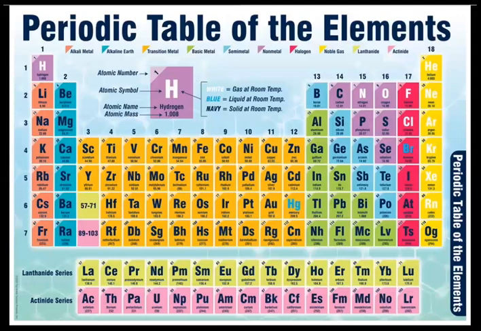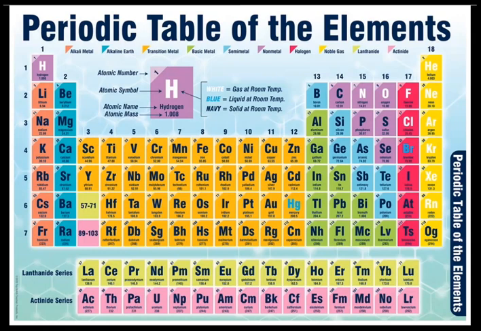Now, he was actually the first one to form the columns, and the arrangement in the tabular form was put forward by him. But again, his also faced problems, because in Newland's law of octaves, at that time even the inert gases were not discovered, and all the elements could not be placed easily according to his concept.